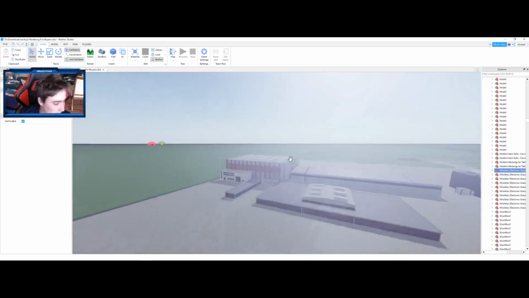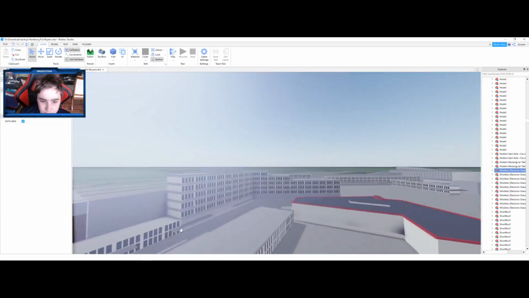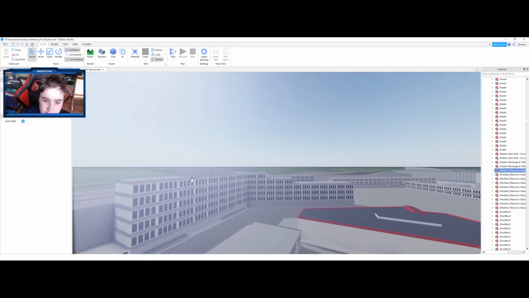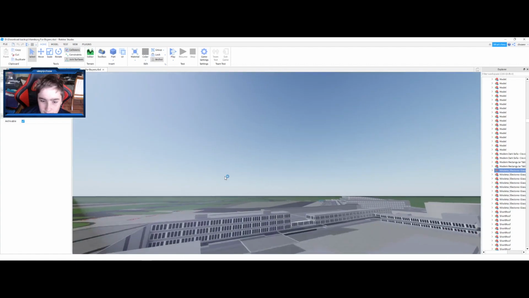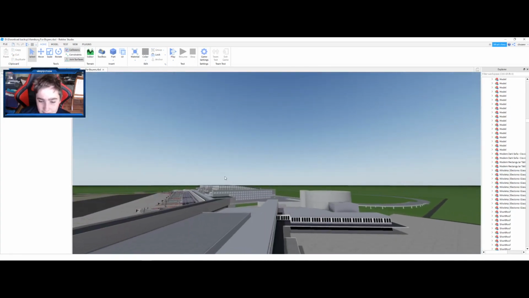There are some extra buildings over here to add to the realism of the airport, and then some buildings over here that look like maybe hotels. That looks sick. And then some more buildings over here. And one thing I'd like to note